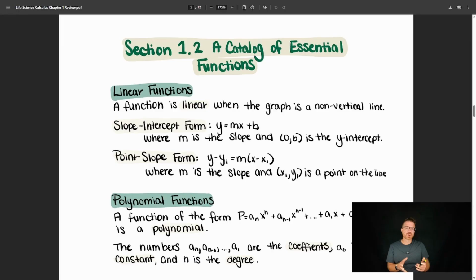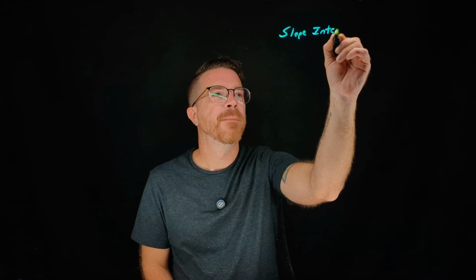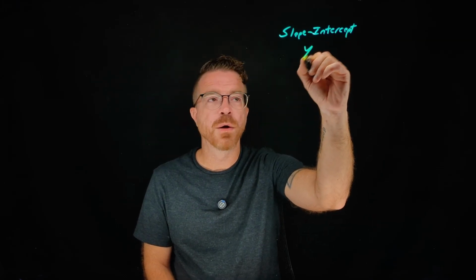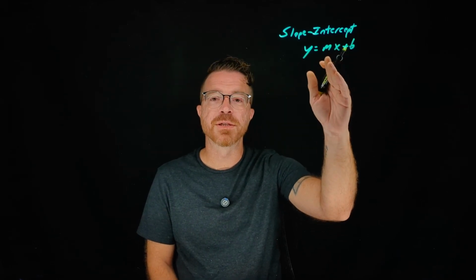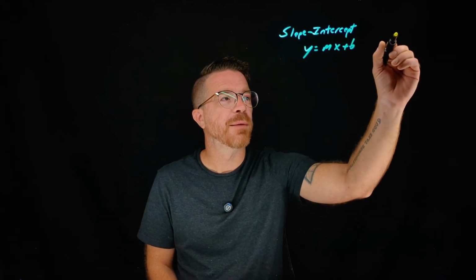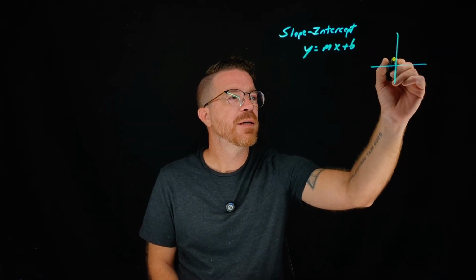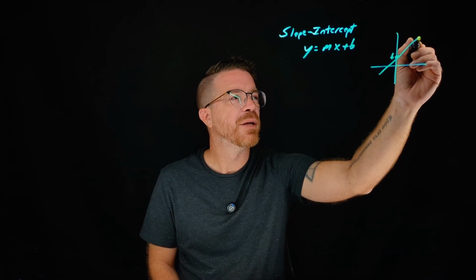The most common forms you're going to see are going to be the slope-intercept form, which is just going to be y equals mx plus b, where m is the slope of the line, that's how much it's increasing, and b is our y-intercept. So if we were to graph it like this, b would be where it's going to cross here, and then slope would determine